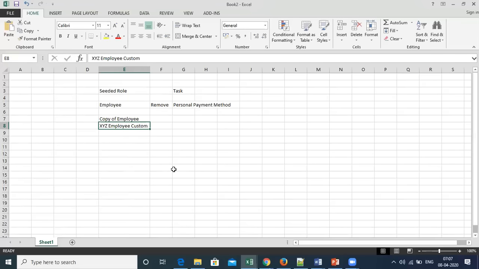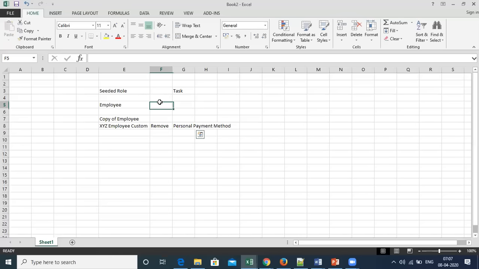I copy this employee role, and then I remove this personal payment method task. So my original remains the same, as provided by Oracle, and I have another role as per my need. So in future, whenever there is some new functionality added by Oracle, I can have my employee role and all the other updates by Oracle.